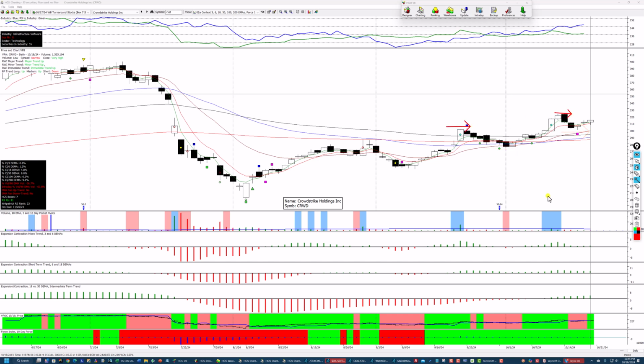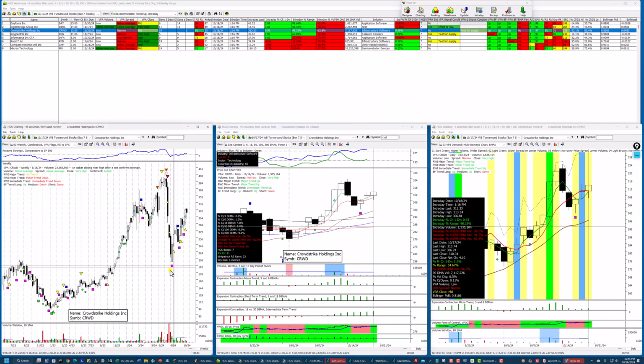It's an expensive stock, no question about it. But what I'm pointing out here is the fact that the histograms are all positive. The VPOC is positive after a slight pullback here. There's a low volume test, and it looks like it wants to trend up. Now, before I get too excited, let's take a look at the weekly chart,